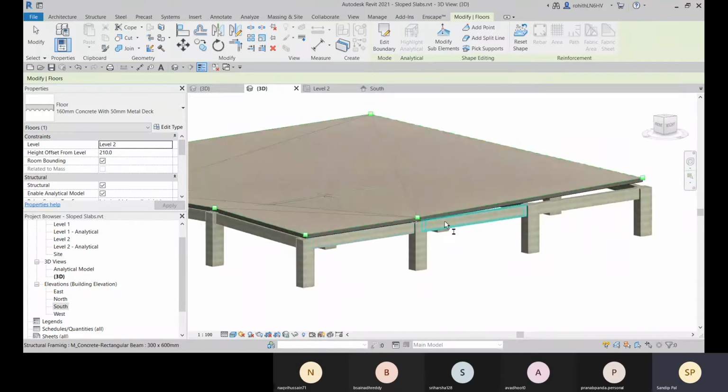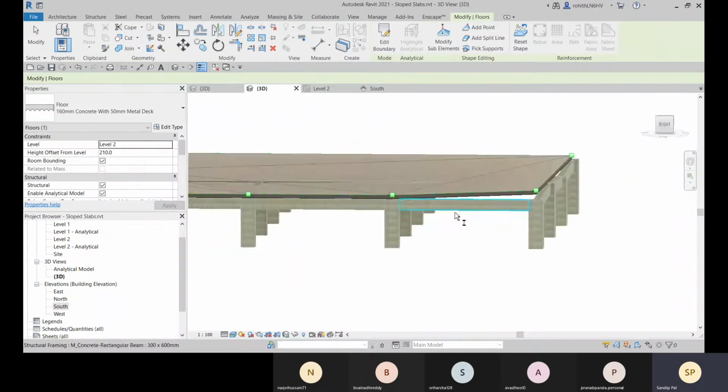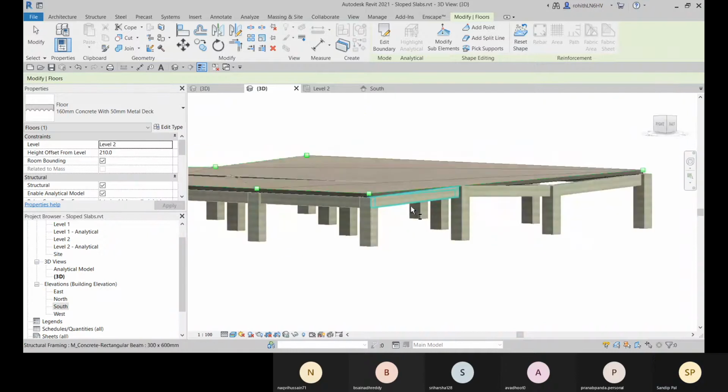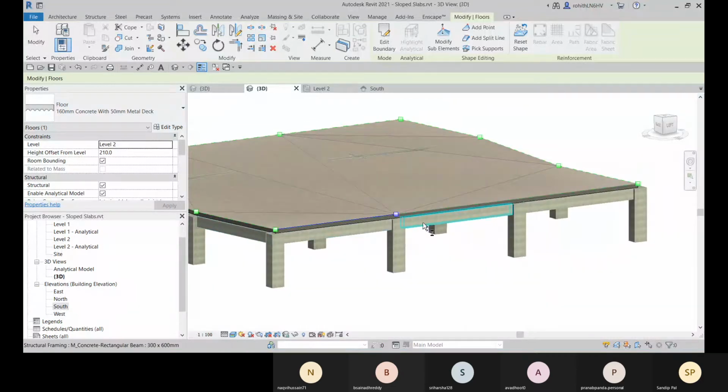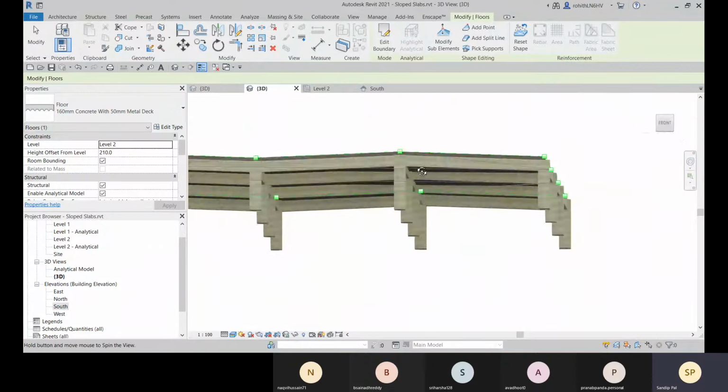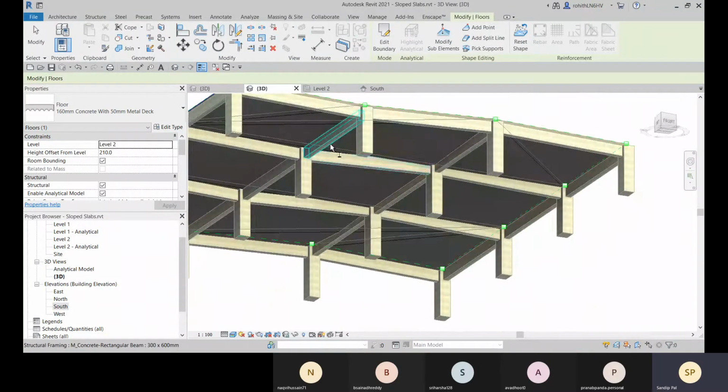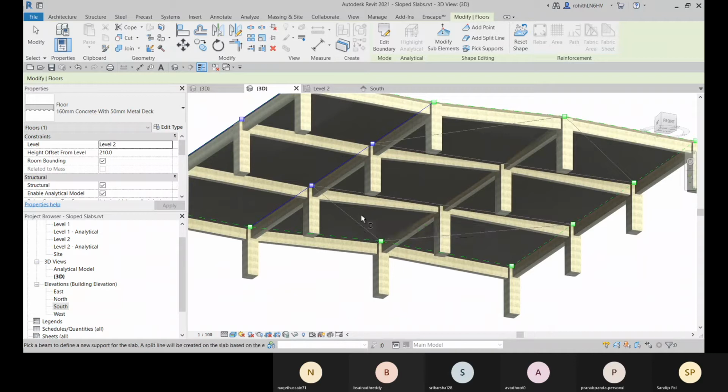First select all the outer ones. Okay, all these outer ones are selected. Now you have to select all the inner ones. Let me select these.